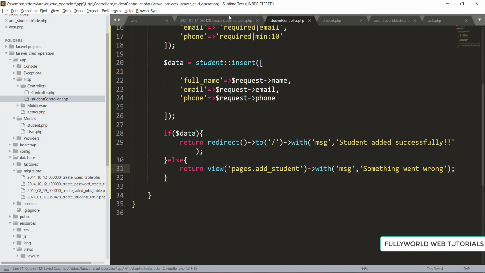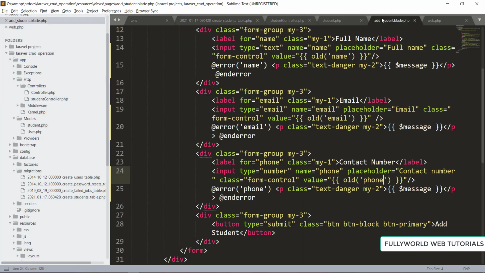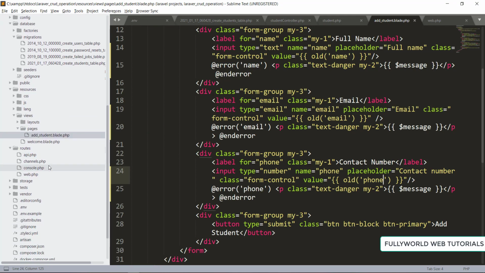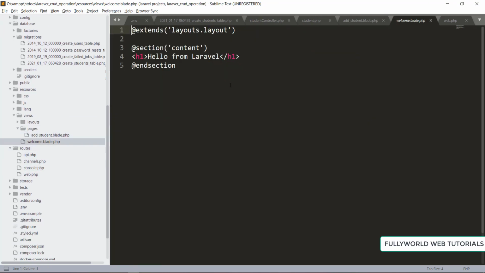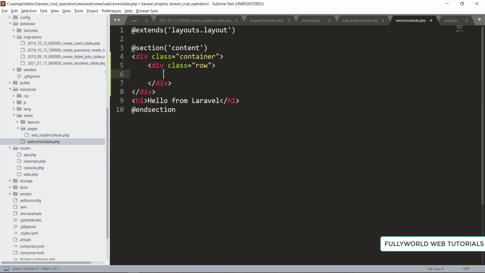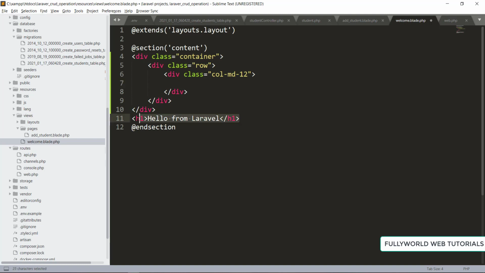First of all, we have to show the message also. So I'm going to our home page, that will be our welcome.blade.php, and here I'm going to mention it. Here will be our container first, then there will be our row, and then there will be our col-md-12, and under this there is our text.